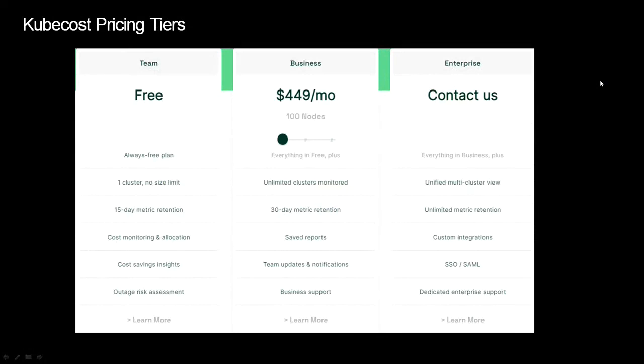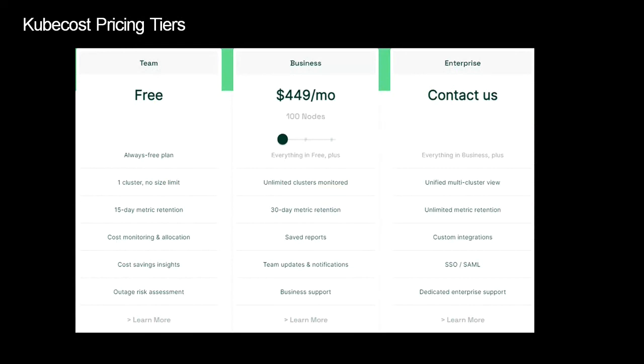So these are the differences that I was talking about. The open source version has by default 15-day metric retention, and the data is generally stored on the EC2 instances as an EBS volume. So that is not durable, and you can have only one EKS cluster configured in the open source solution.